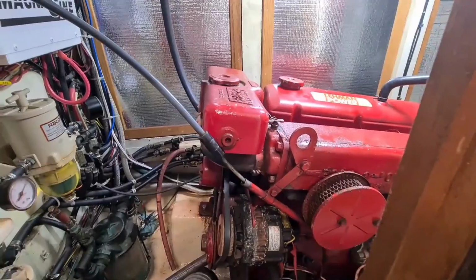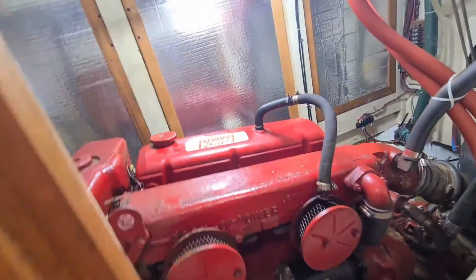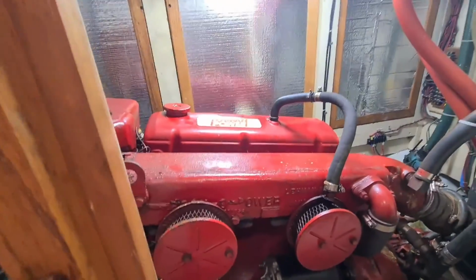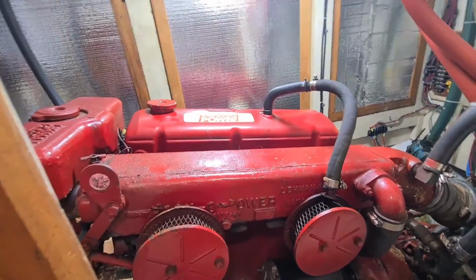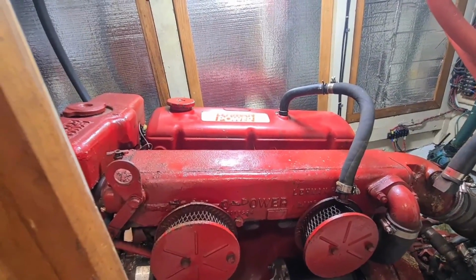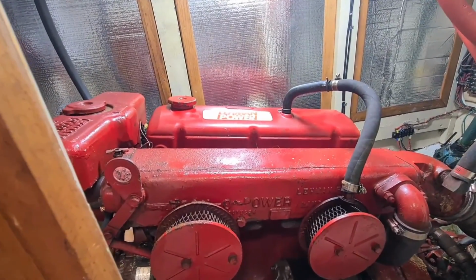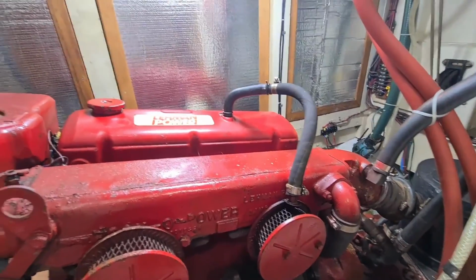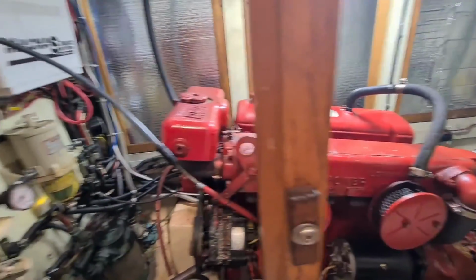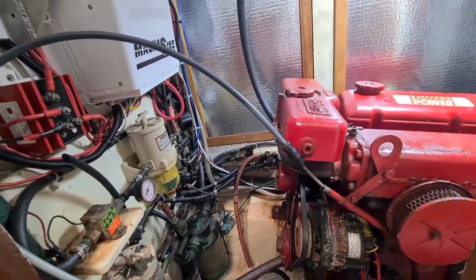This engine is a 1987 model, so it is older, so everything on it isn't going to work perfectly. You can't be too fussy, but you want to keep it as good as you can and keep it going. It's a marinized tractor engine, a Ford Lehman. They converted the standard tractor engines into marine engines, so they're very good, very long-lasting, and hopefully will last a very long time. But yeah, once we've sucked this oil out, we will then spin the filter off, put a